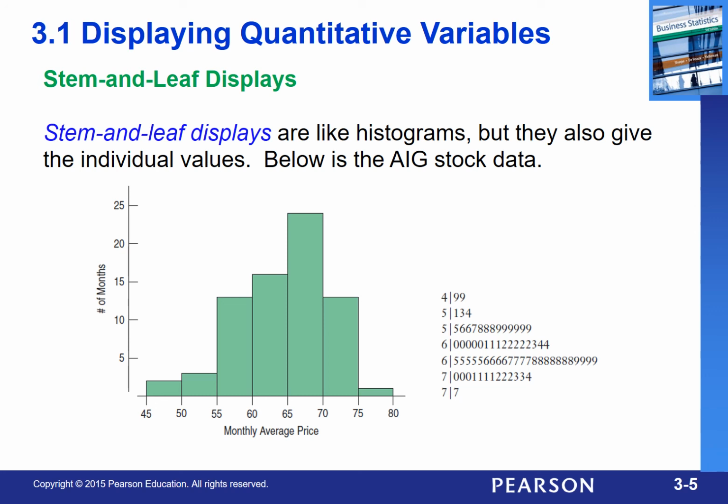I like the stem and leaf displays because they give you the specific values, unlike the histogram. So we talked about being between 50 and 55. But you can specifically look at this grouping right here and say, these are the values I see, you know, in between 55 and 60, or here between 50 and 55. It's a little more detailed. Okay,